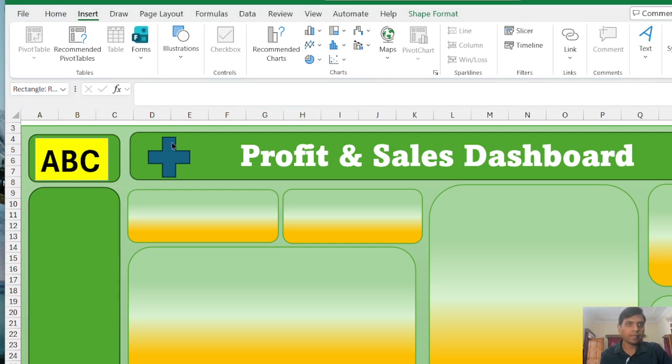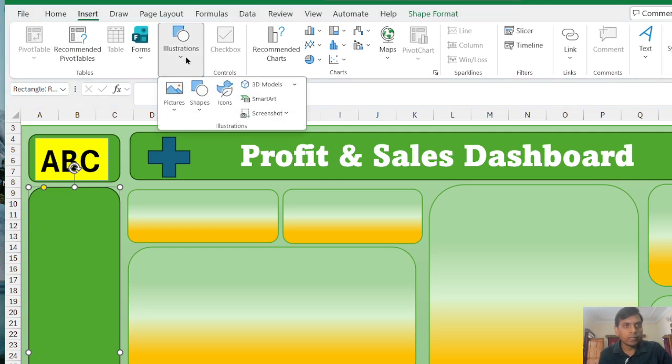So now we have added this plus symbol, but this plus symbol is not associated with the title, profit and sales dashboard. So we need to consider a specific logo which is associated with this profit and sales dashboard. So now what we will do, we will go back again to the insert option and then go to insert,